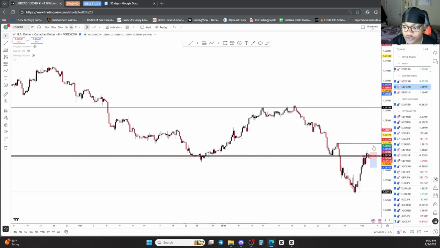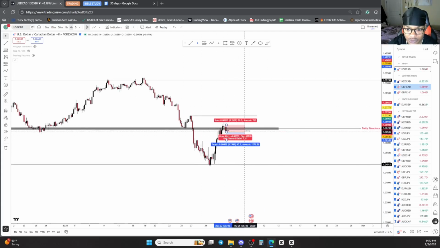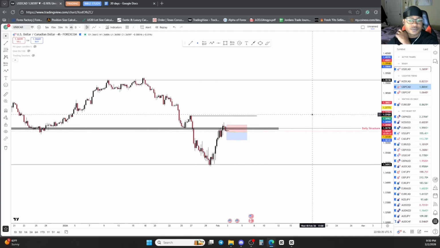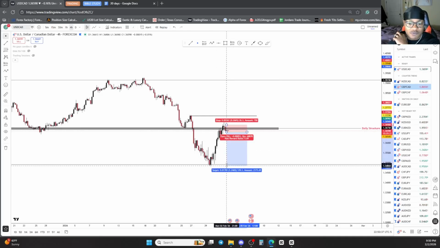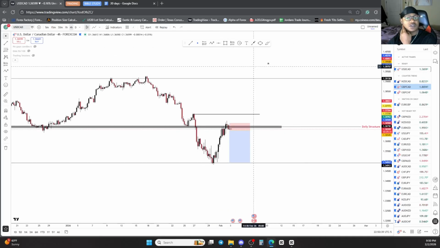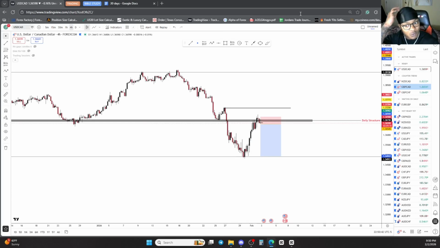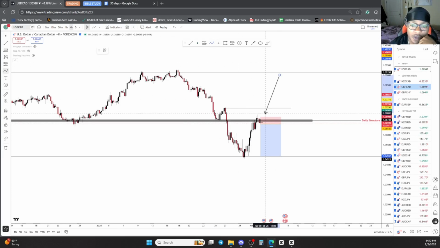Because say we refresh, y'all know I'm using a 4-hour zone for our entry zone, but I'm using my 4-hour lows for my take profit. This is what that trade will look like, and what I don't like, and it's really looking odd, is how my stop loss looks. This looks like too tight of a stop loss to where price can do something like this, have that candlestick open.